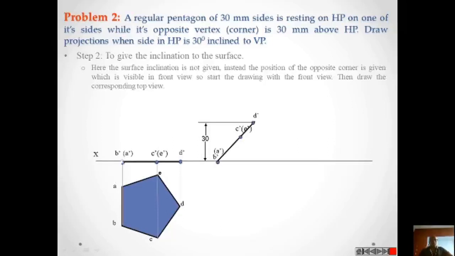Here you put a point B1 A1, you measure this distance and you draw an arc on this line. You will get D dash, you will get this line, and you mark this point. So these distances must be equal. These distances should not be changed. The only thing is, here the line is parallel to XY, and here the line is inclined to XY. That is the only difference. Now we got the front view.